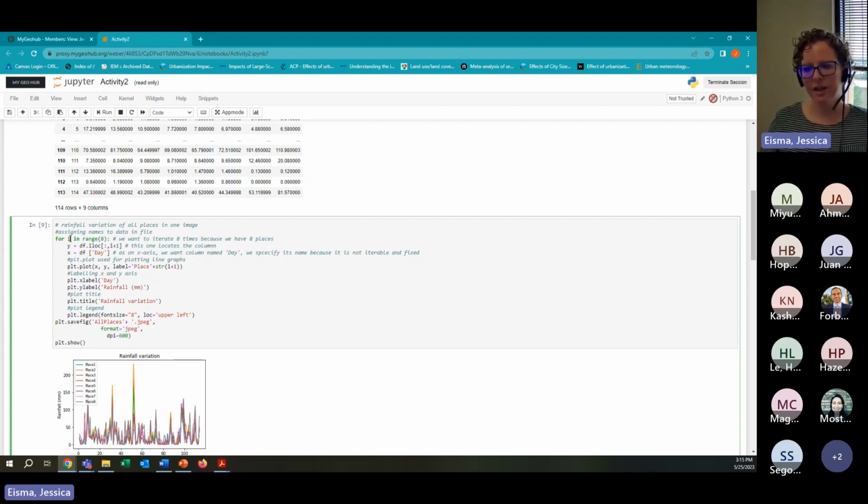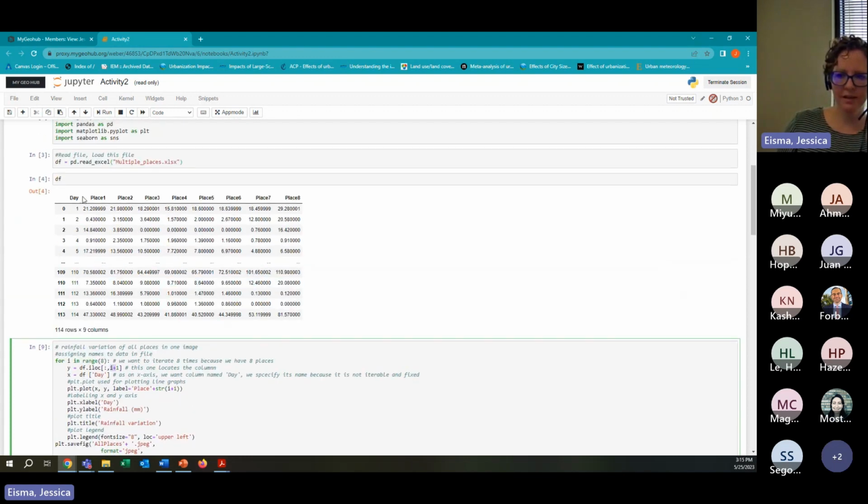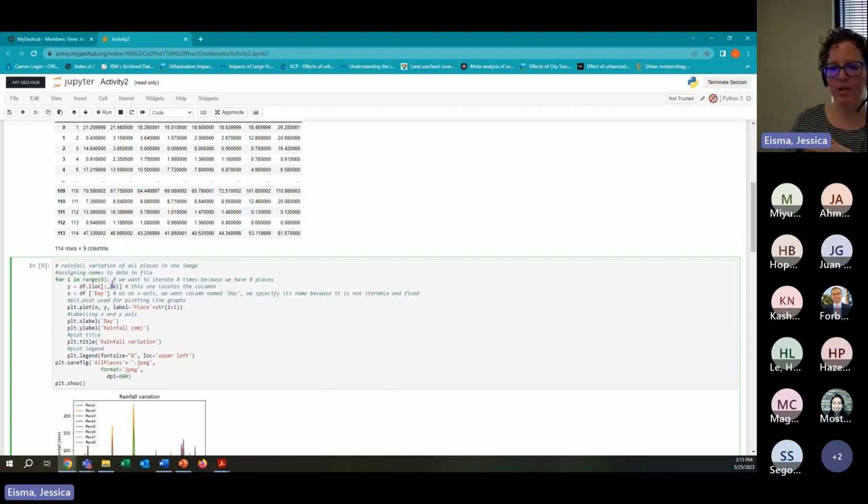Initially i is going to be 0, and then we will call i plus 1, and it will increase every time we run this. So we'll start out getting place 1, then place 2, then place 3 through this index, which is increasing in size every time this for loop is run. So we're getting each column,